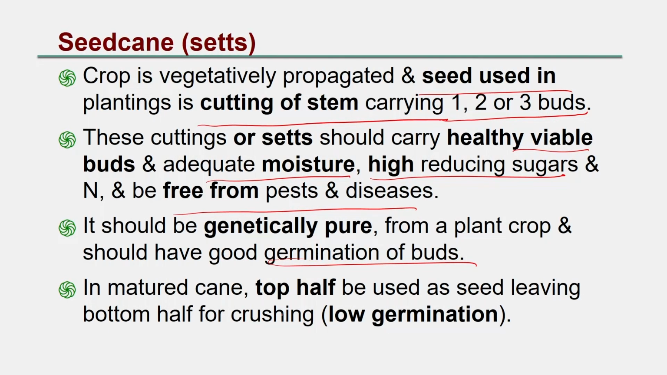In mature cane, the top half should be used as seed, leaving the bottom half for crushing. So it is suggested that the top half should be used for sowing purpose, and the remaining bottom half can be sold to the factories for juice extraction or sugar production. The simple reason is that the top half is rich in water and the buds or nodes are very close. So germination here is good,